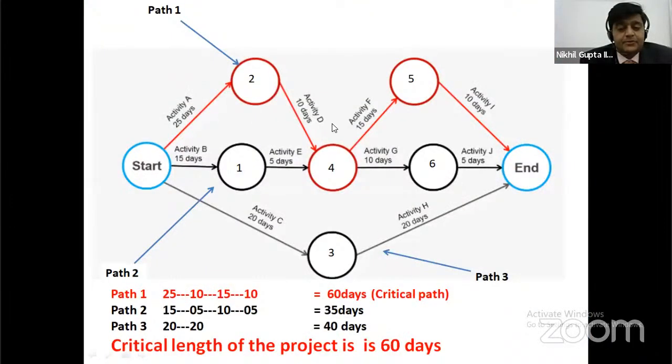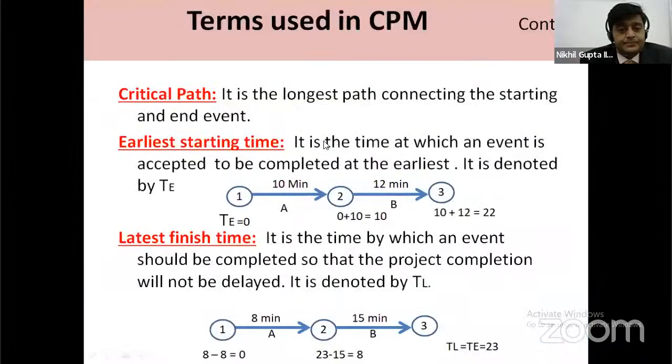In this network, we can see here, the critical path is the longest path connecting the starting and end event. Next one is the earliest starting time. It is the time at which an event is accepted to be completed at the earliest,